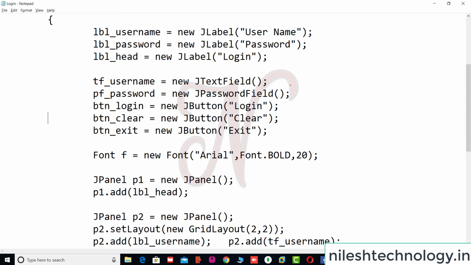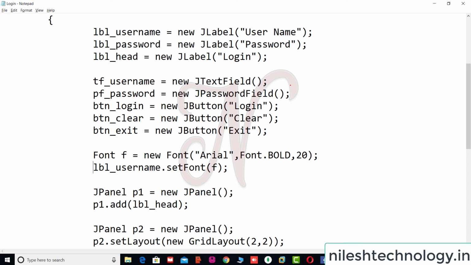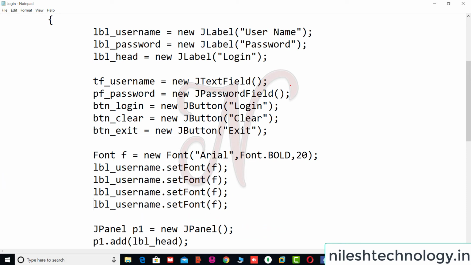Okay, and we have to set this font on lbl_username.setFont(f). Okay, and the same font we have to set on username, then password, then tf_username and pf_password. Okay,